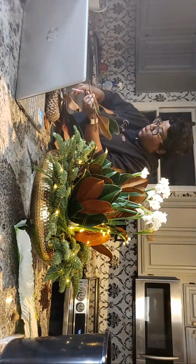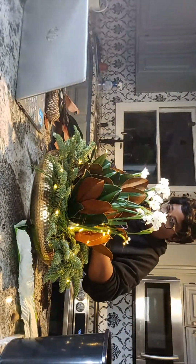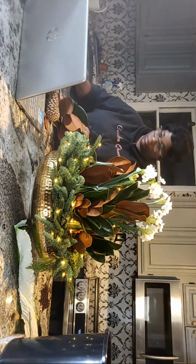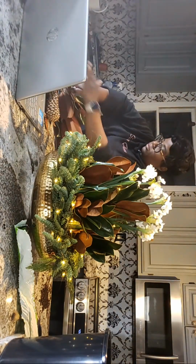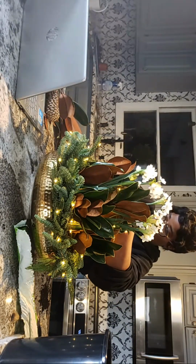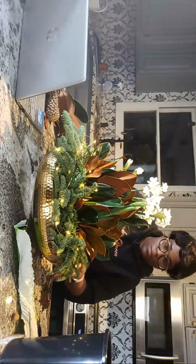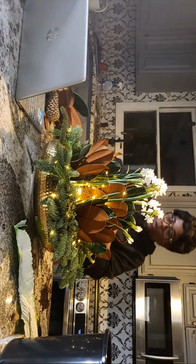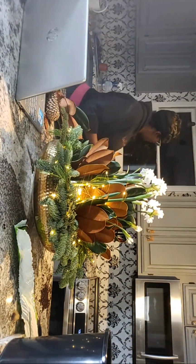I am really loving the flow of this. Okay, we got one more space that we need to cover up, potentially two, and that's right here, and then right here on this side. So we just need some small stems. Now let me show you the cheat code. Now we have these magnolia stems,